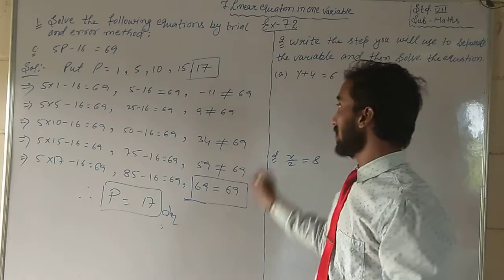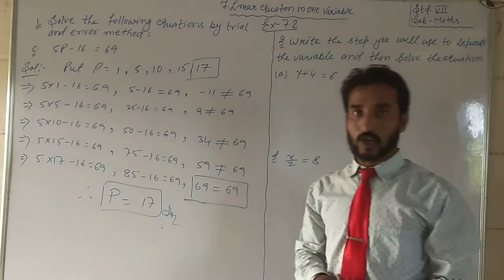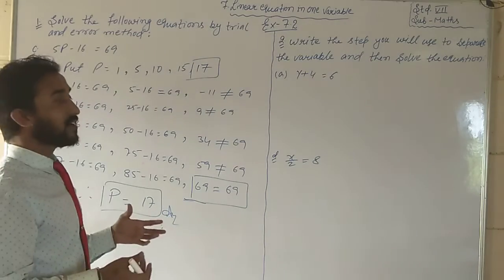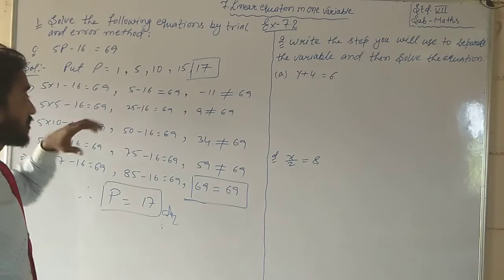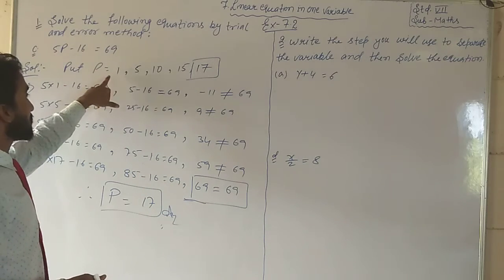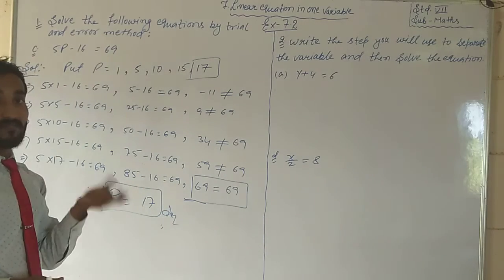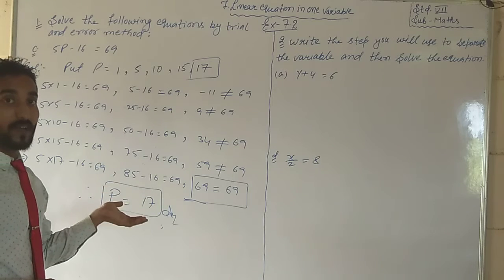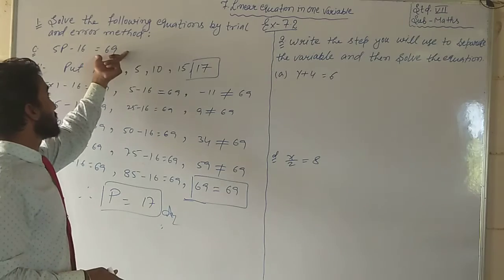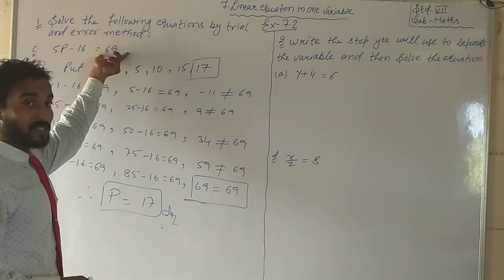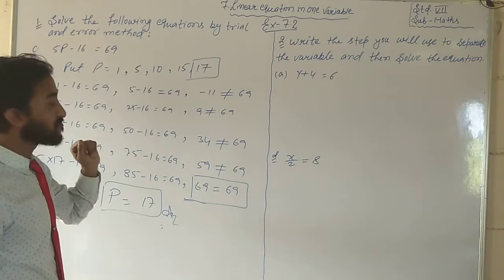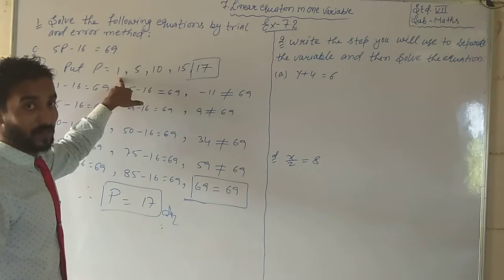I hope you understood how to solve. First, students, what did we do? At first, we had no idea what number to put so that the equation would be satisfied, so we started with 1. Why 1? We could also take minus 1, but we do not have to take any negative number, because we are already observing that the equation has positive numbers. So it's sure that a positive number will go there, so we started from 1.